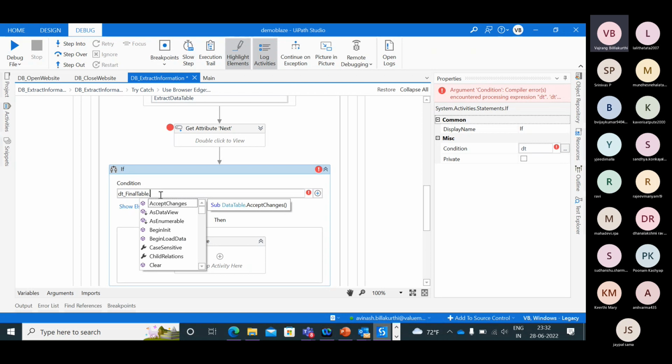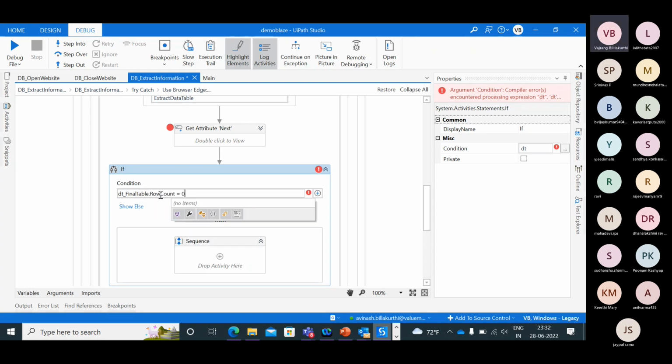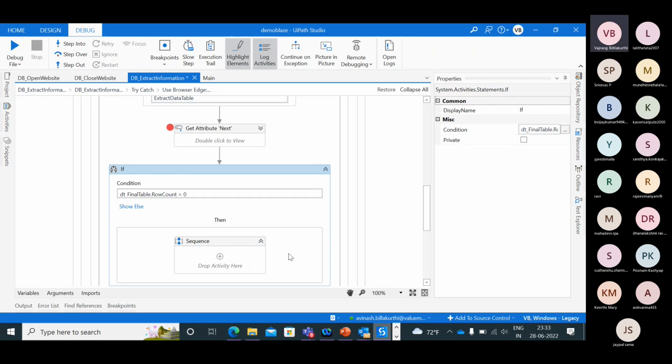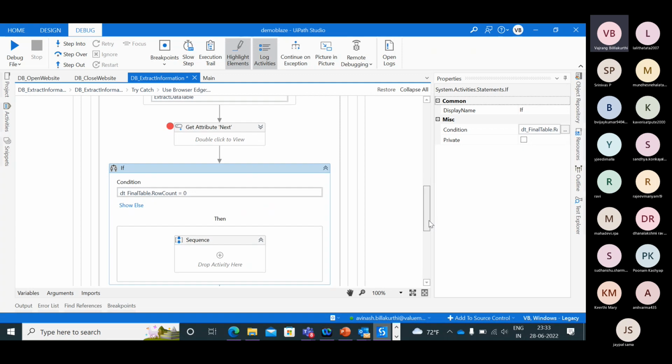Like I have used extract data table and linked up, right? That will give you results. But this is just to make sure the project works properly. So when it is equal to 0, it means that there is no data in it. The final table has no data.